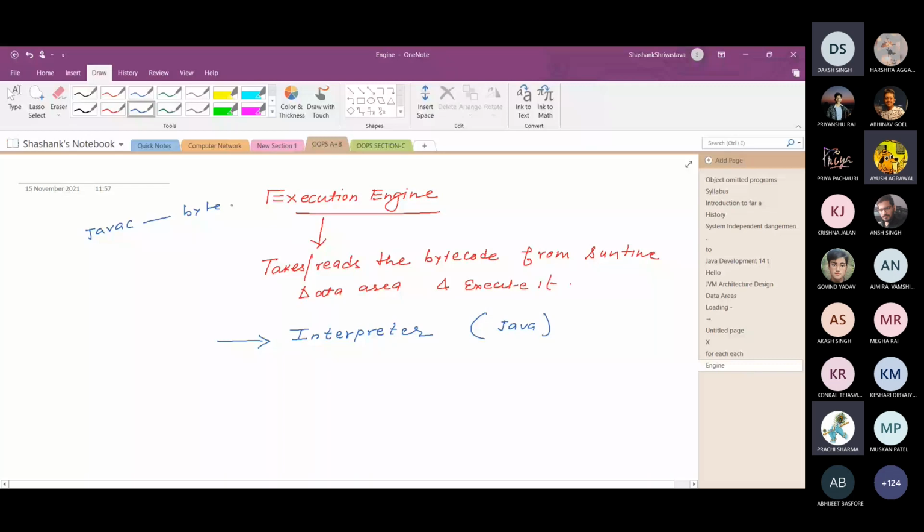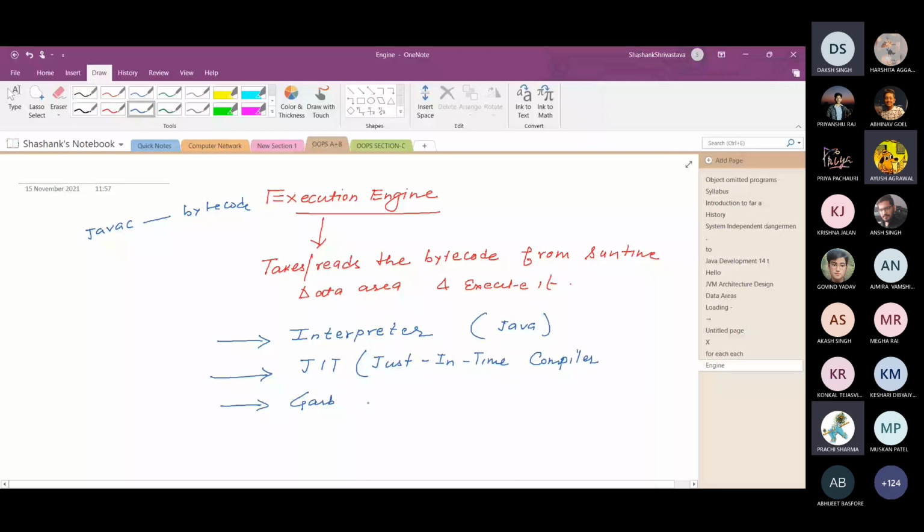The second component is the JIT, the just-in-time compiler. And the third one is the garbage collector. So there are three subcomponents of the execution engine.